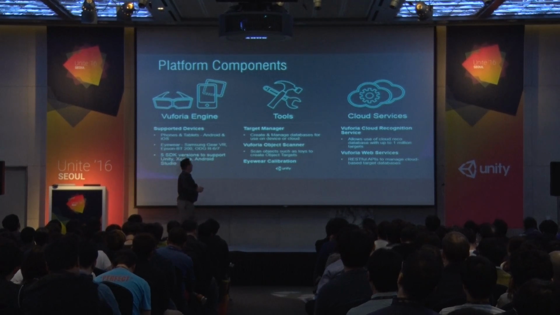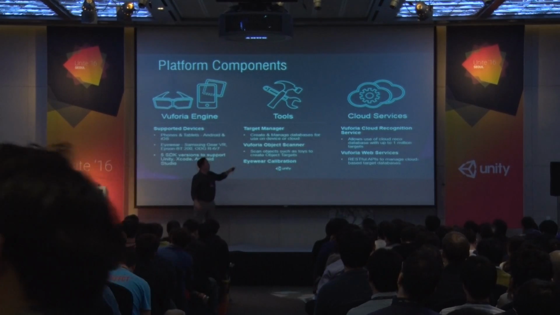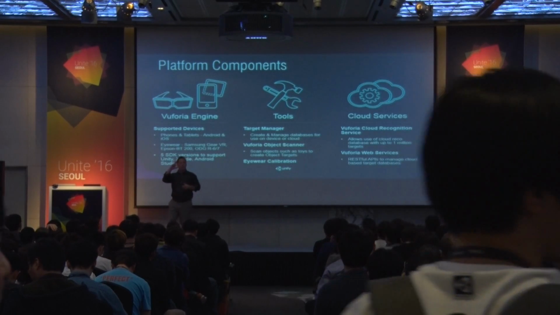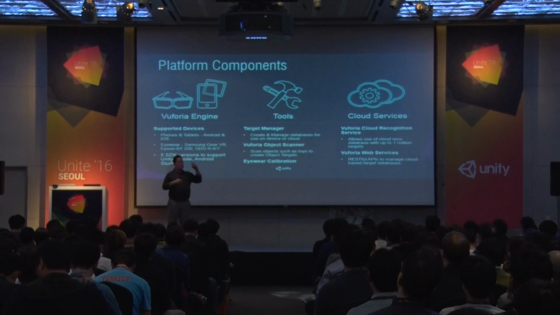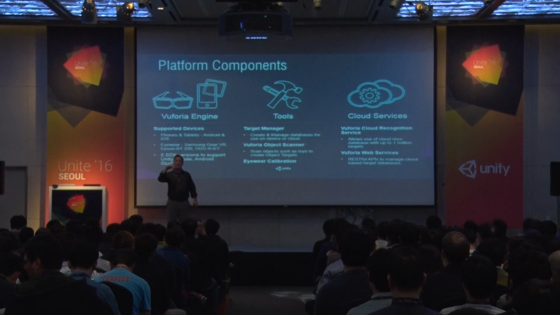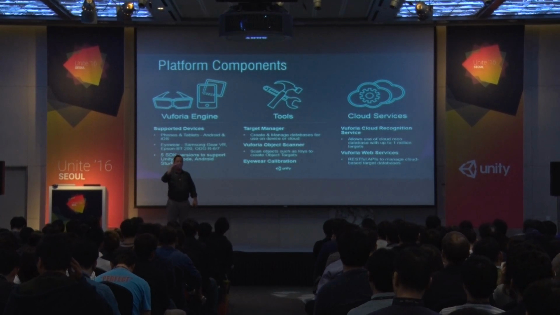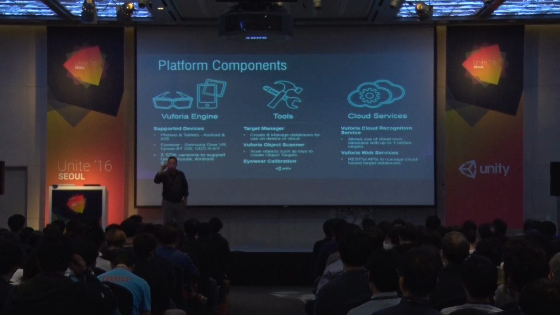And the other tool is eyewear calibration. This is for optical see-through eyewear. This is a tool that actually exists on the eyewear. It runs on the phone, on the HMD. And it enables you to do specific calibration for every user. Everyone's facial geometry is a little bit different. The optical characteristics, what they're able to see, is a bit different. And so we have a process that enables you to get very precise calibration for each individual user that may use a wearable eyewear.